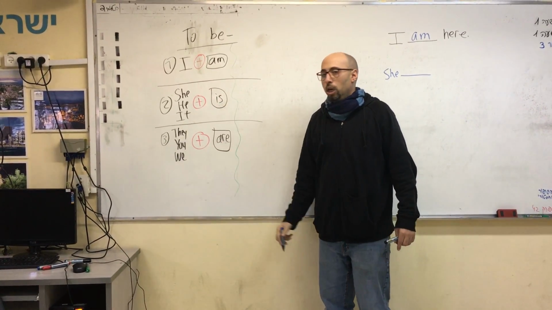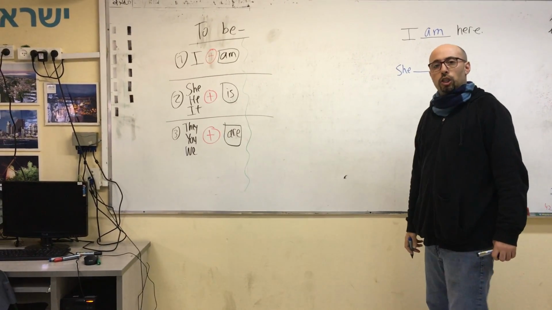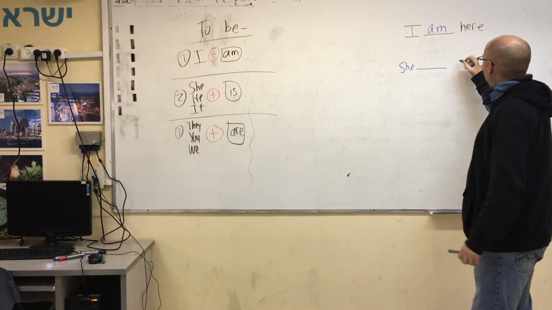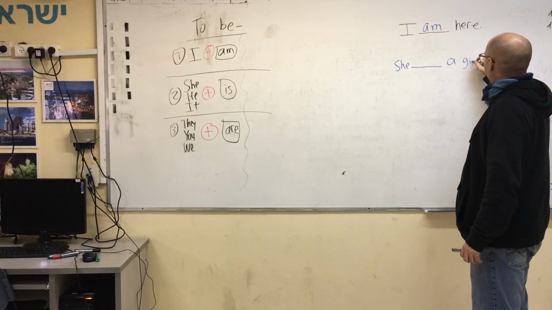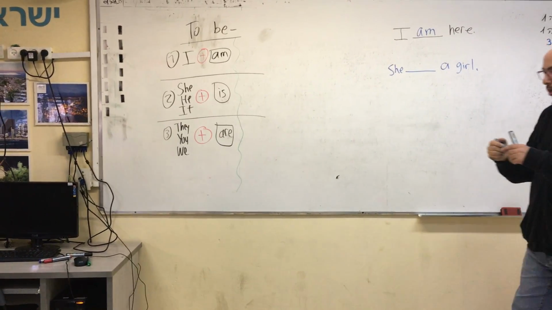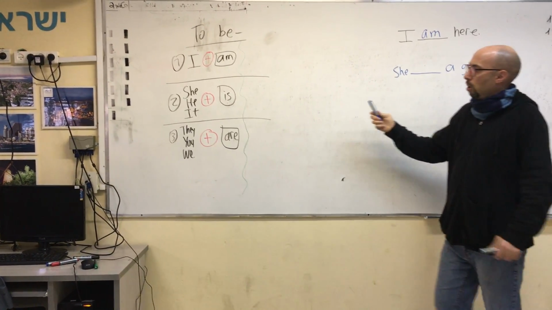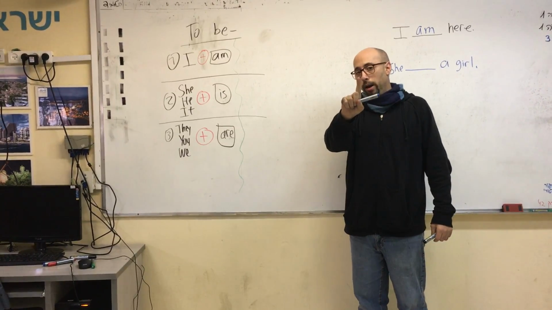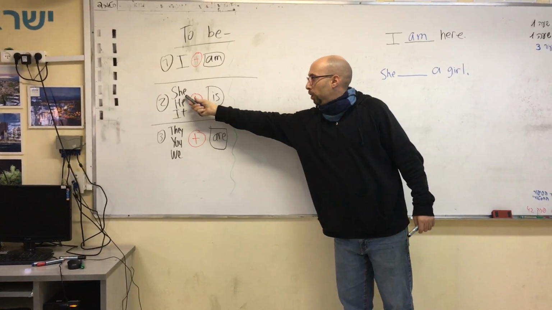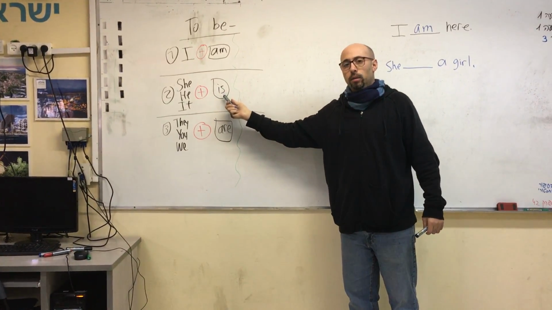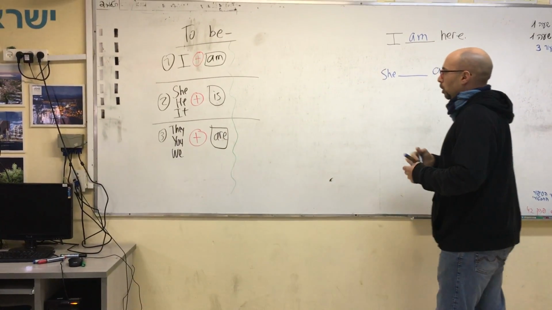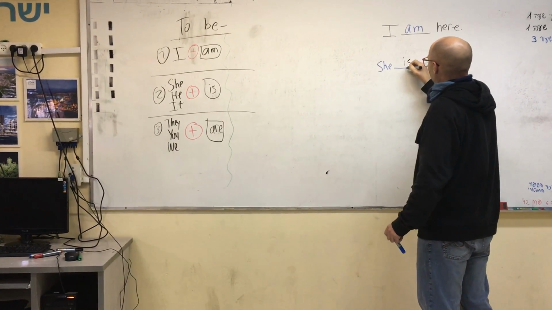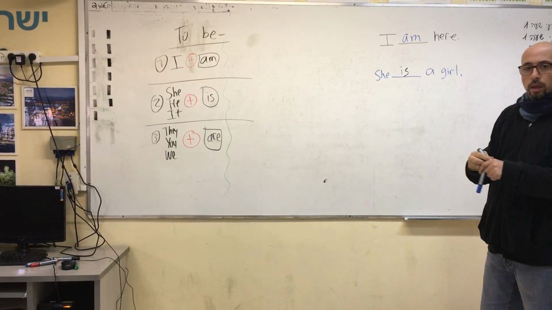So for example, if I want to say she is a girl, I have to remember that she is one. So I take she and I connect it to is. And that is how I say she is a girl. Now,